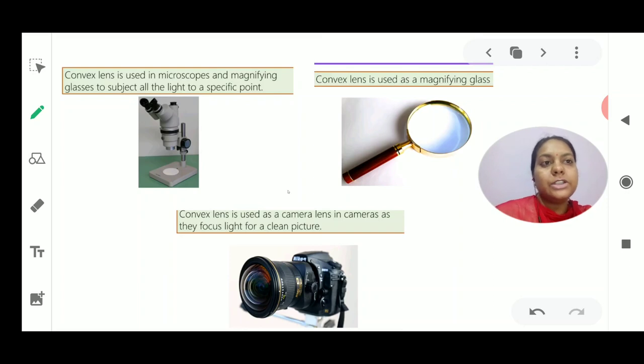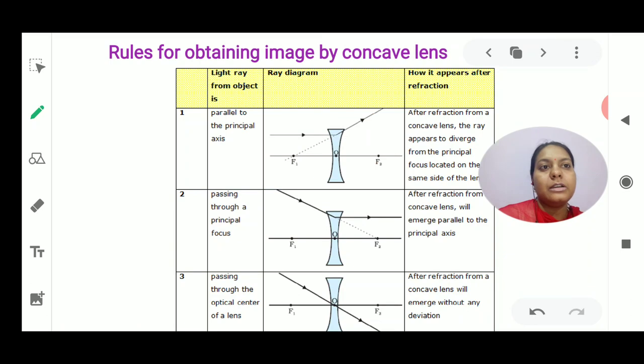Now in today's video I am going to discuss the rules related to the concave lens. Why? Because till now we have discussed each and every point related to the convex lens. Now today I am going to discuss the concave lens. Fine. Before starting the image formation in the concave lens, the rules should be revised. So this picture is going to tell you about the rules related to the concave lens. The first rule says,